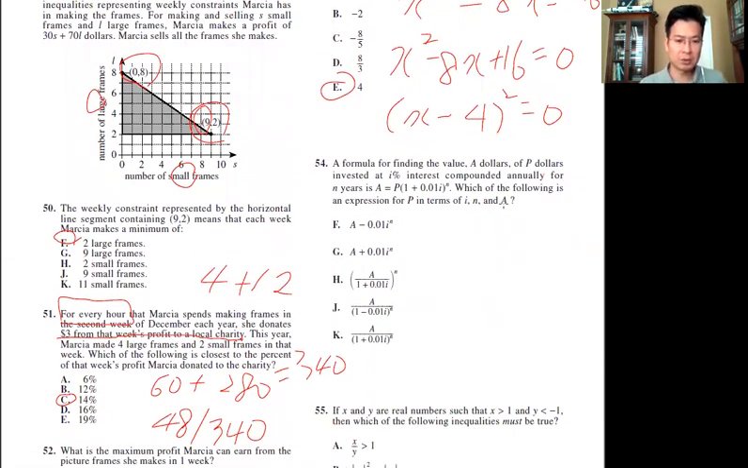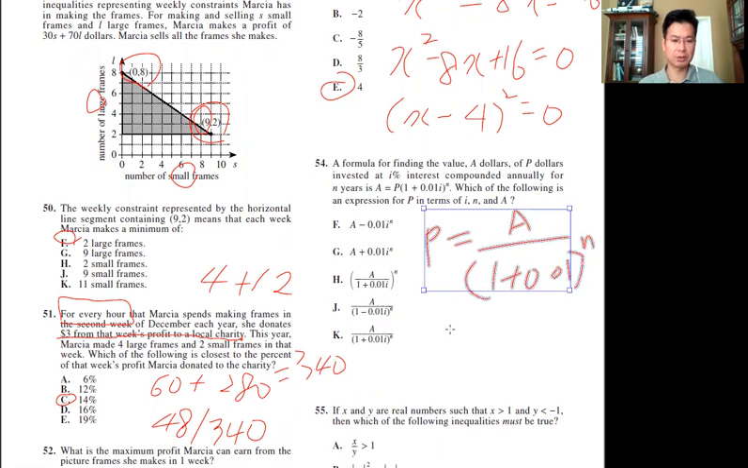And then this one, which is the following expression, P in terms of this one. So you have to change this one to P equals A over 1 plus 0, 1, 0, I, n. So which is